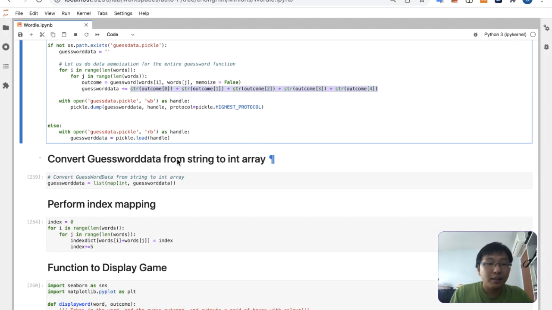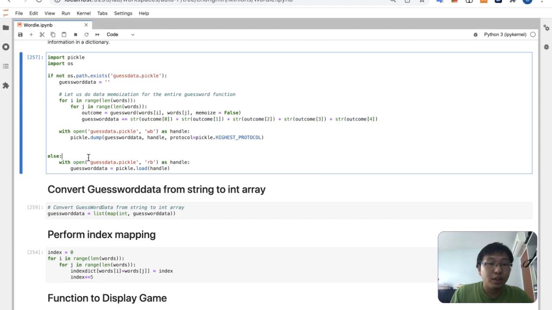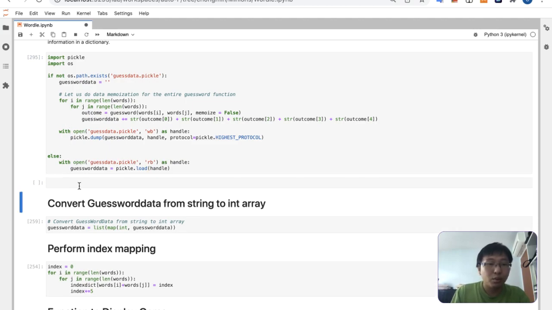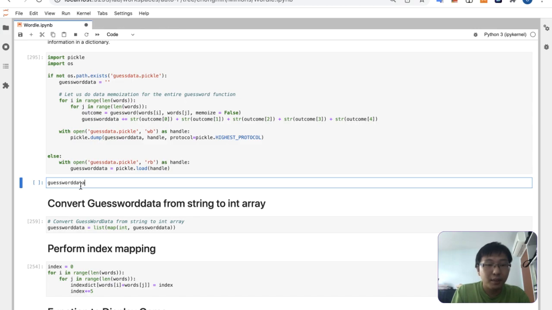Then basically what I did was just to load this. I could just run the function here, but I already have the guessword data, so let's just load the pickle. You see it's very fast. So what will happen is our guessword data will be of length